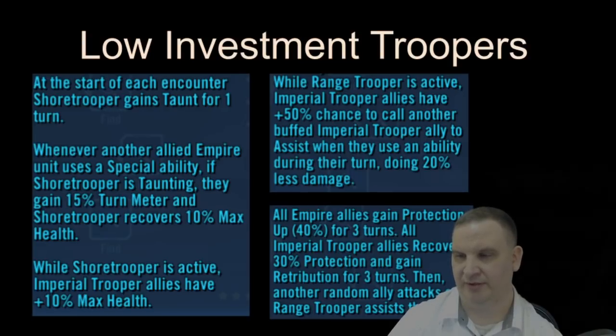Range Trooper also gives Imperial allies a 50% chance to call another buffed ally to assist, and because of Emperor's Trap, anytime any character starts their turn, they're going to get a stack. Everybody's going to get a stack. So all your characters are always going to be buffed and always have a chance to pull that assist. And then the ability on Range Trooper is worded pretty interesting as well. It says